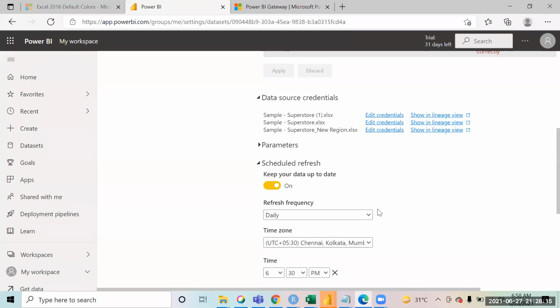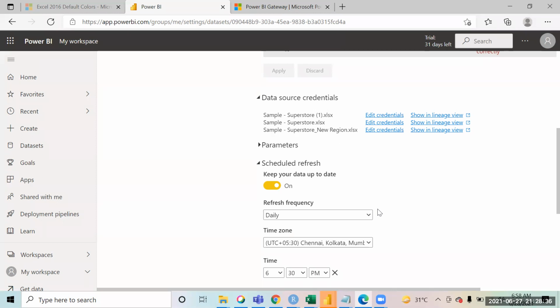See, it will only refresh the source, right? You have an Excel file, and from that Excel file the report is getting created. Report and Excel are the only two things you have. If you change the source, the report will not know which source it is. You will have to change the source in the file itself.